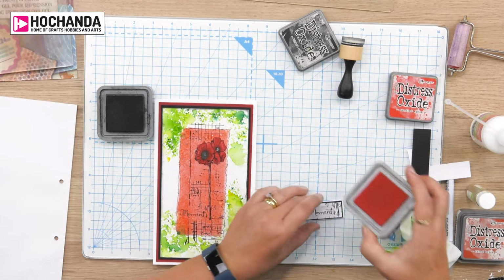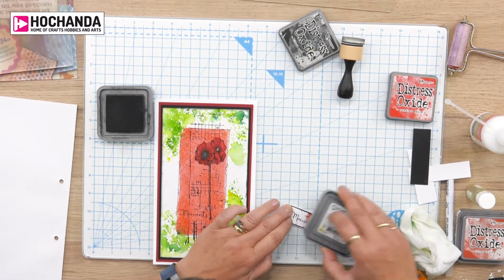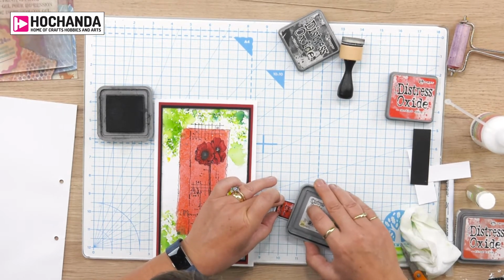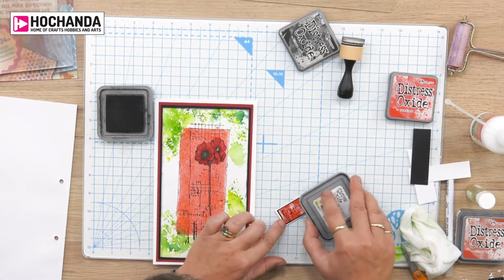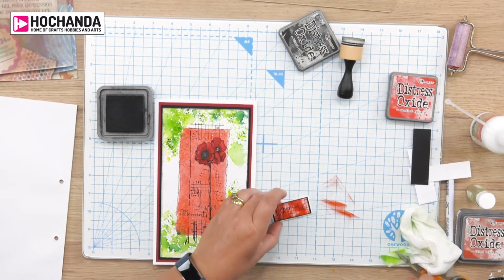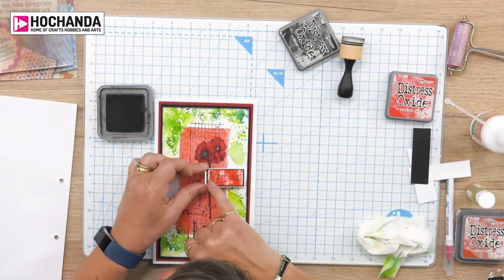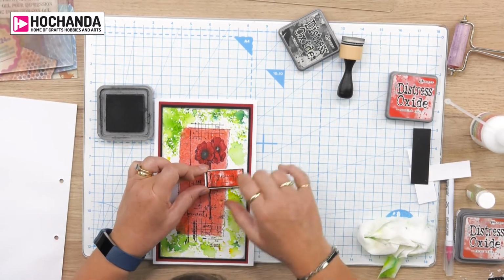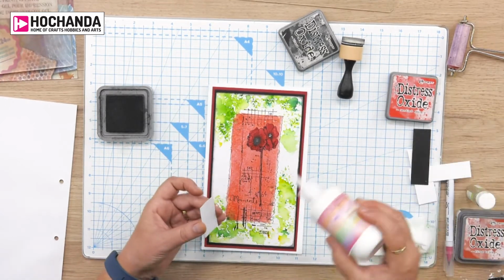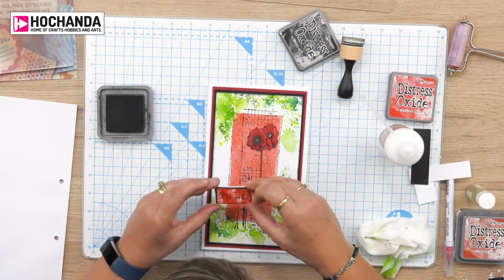I do want to add some red onto the actual sentiment itself. So just taking the ink pad directly to, if you're comfortable with that. If not, then do put it onto your glass mat and take it up from there. I quite like the way that that shows a really nice distress look on there, because it does add quite nicely to the whole distress feel of the image as well. A little bit of glue,